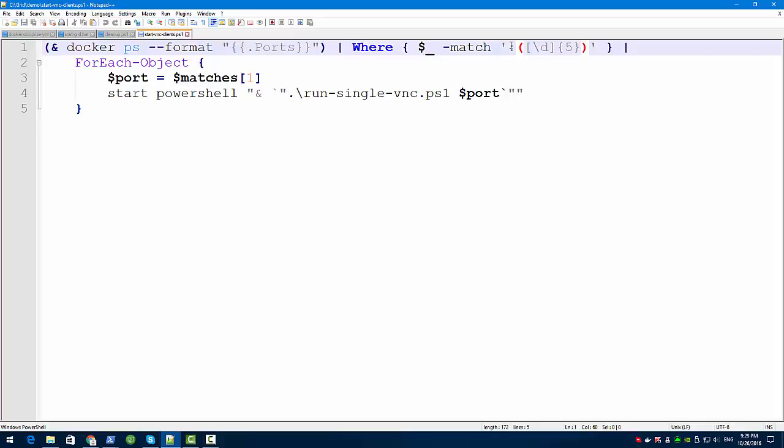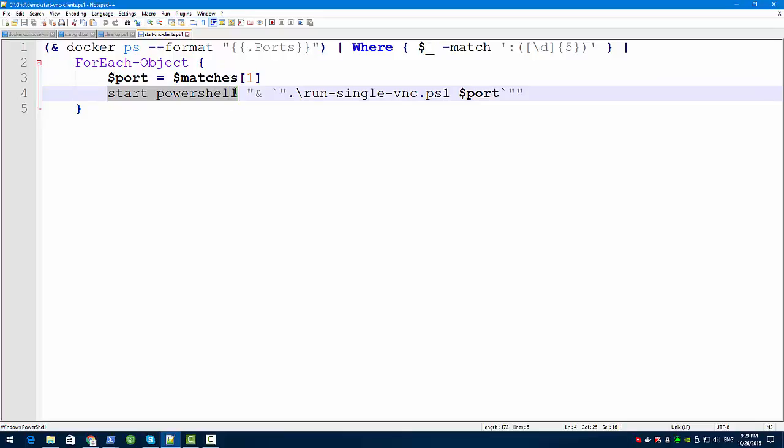I have used a pretty trivial sample just to match a 5-character length digits sequence, and if we find a match, we assign it to the port variable, and the next command